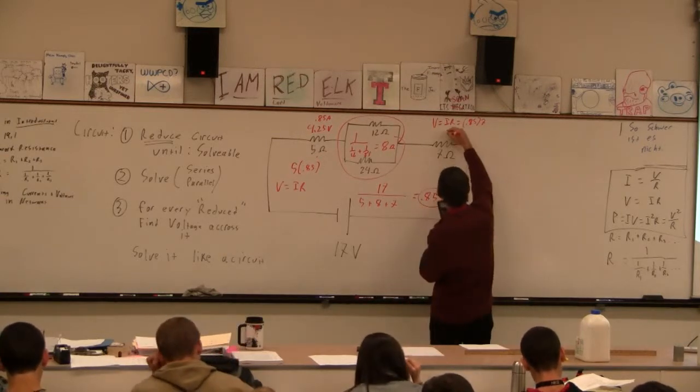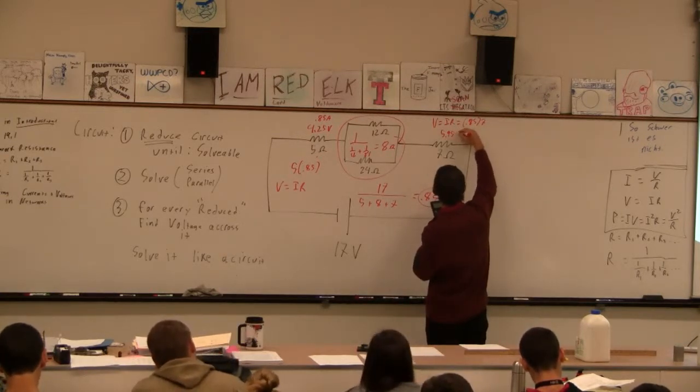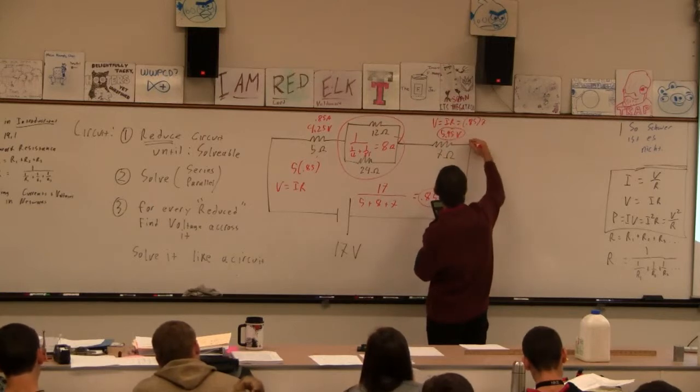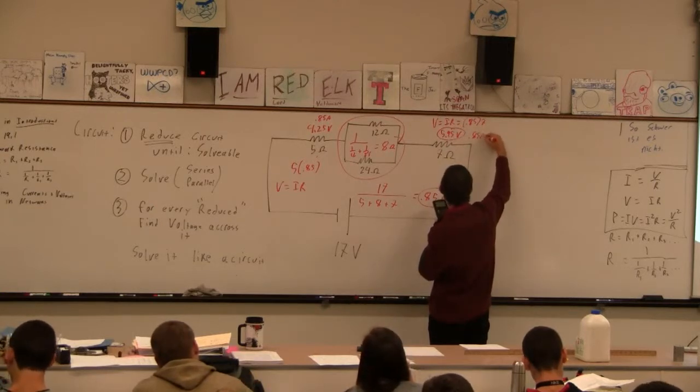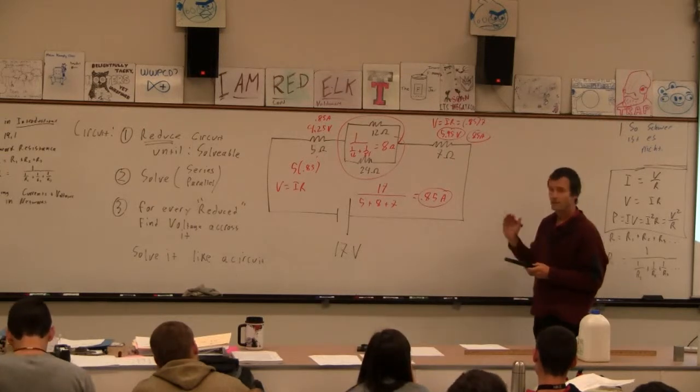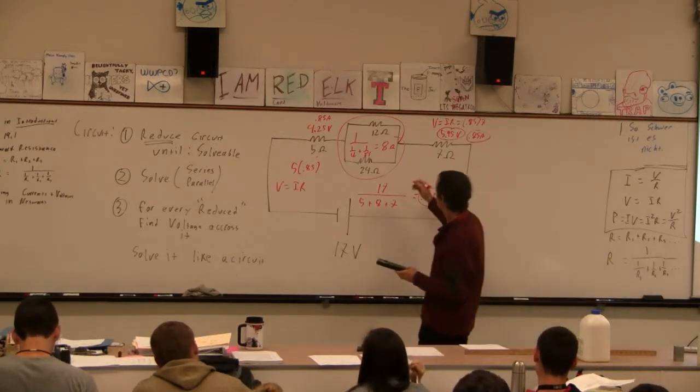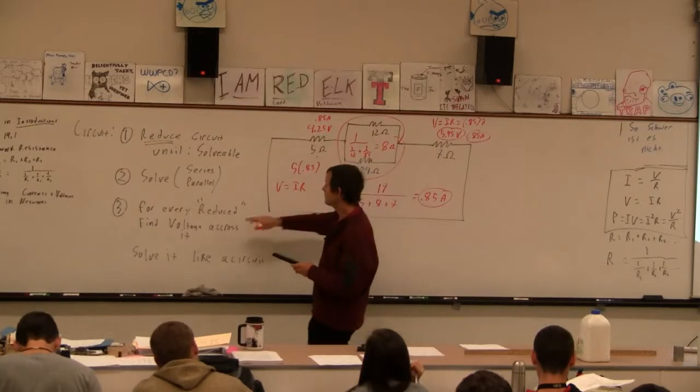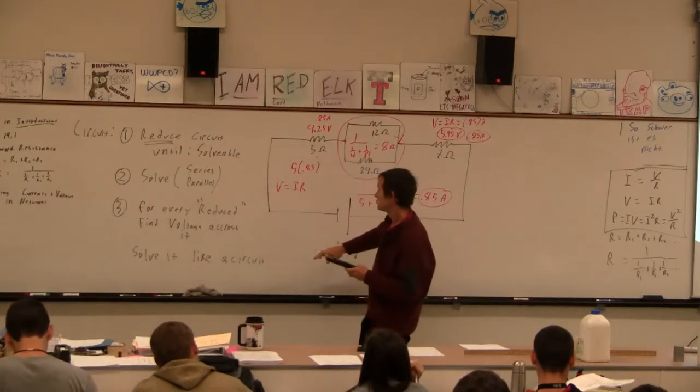So 5.95 volts is across that one. The current is 0.85 amps. Again, I know everything about that one, right? And now the exciting conclusion here is that I'm going to find the voltage for every reduced resistor,